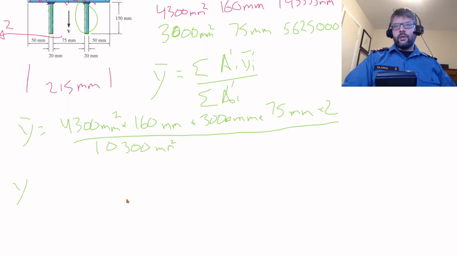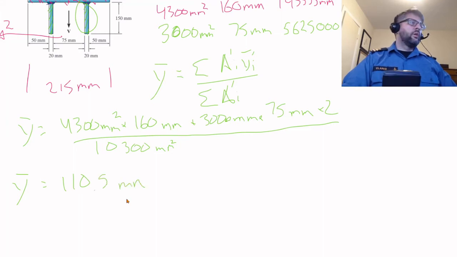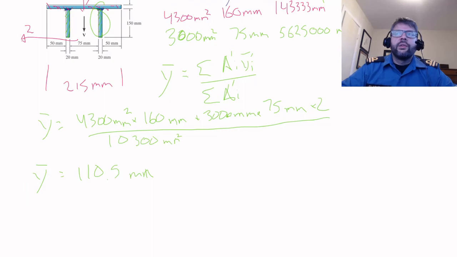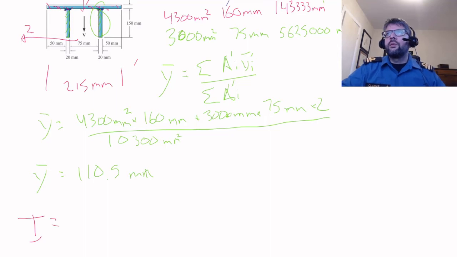So that gives us a Y bar location of 110.5 millimeters. So knowing the location of the centroid for this cross-section, we can go ahead and calculate what our I is for the overall cross-section. So our I, that is going to be equal to,